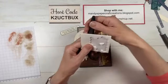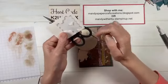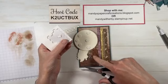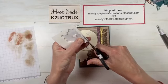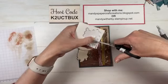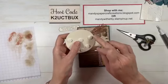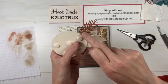Let me grab my old snips. These are my blunt snips that I keep just for my trim. And I want to see how fine a piece of this I can cut to see if I can get one small enough, thin enough to put behind some of that stem to hold that up. And if not, if it's going to be too thick, because we don't want to see it from the front, and if it's going to be too thick, I can cut smaller pieces and put it where the thicker pieces of the